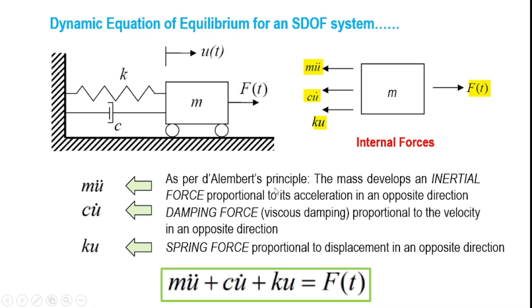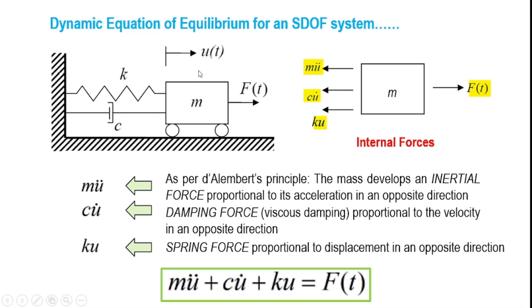Now, based on this D'Alembert's principle, let us mark the inertial force. Obviously, if u is the displacement, we know that the velocity at any time will be du by dt, that is represented through u dot. And the acceleration at any point of time will be d square u by dt square, represented through u double dot. It does mean that if u(t) is the displacement at any point of time, the acceleration of the mass will be u double dot. So the inertial force will be m into u double dot,